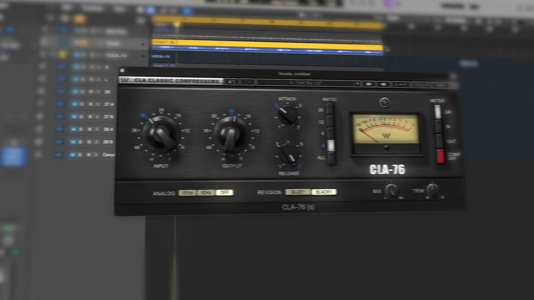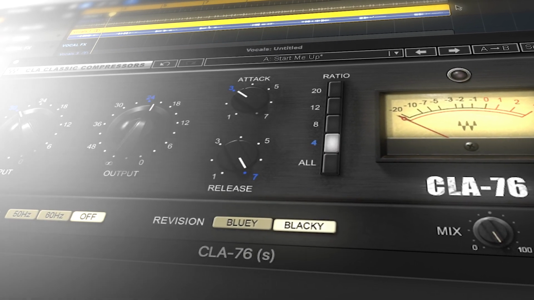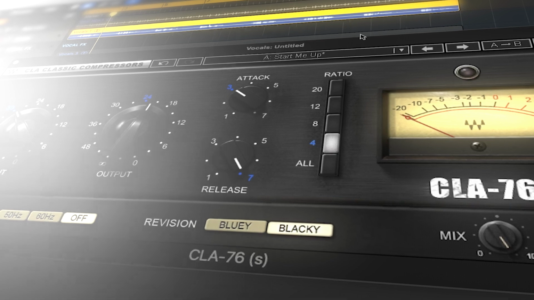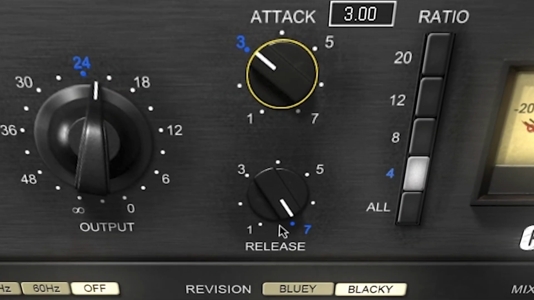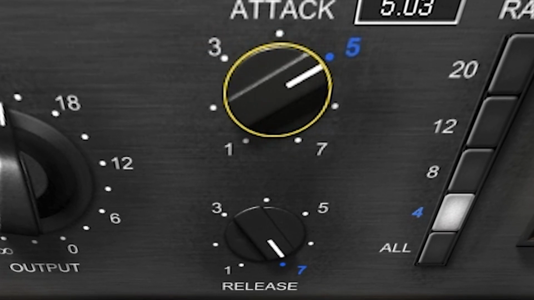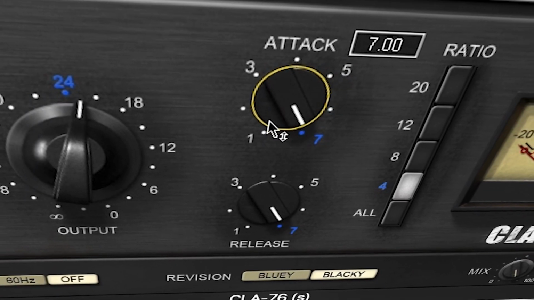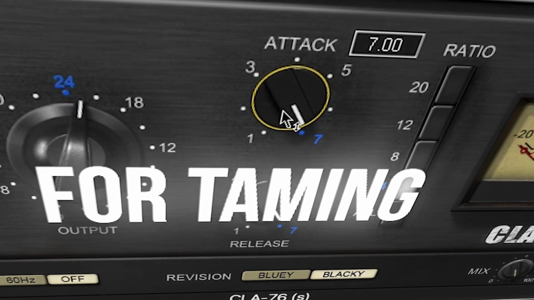Load up an instance of the UA1176 compressor. You can use any other emulations like Waves plugins. One unique feature of this plugin is how the attack and release times operate inversely compared to many other compressors. For example, when you set the attack time to 5, it provides a medium attack time. However, increasing the attack setting to 7 makes the attack super fast, which is ideal for taming sharp peaks in